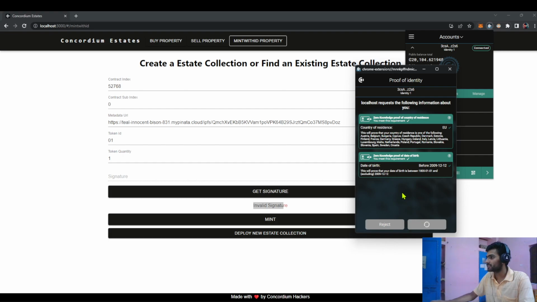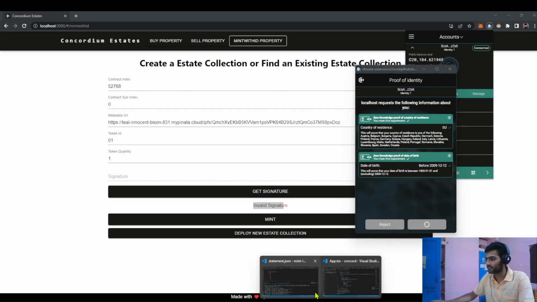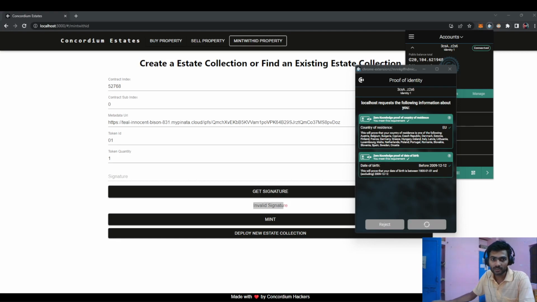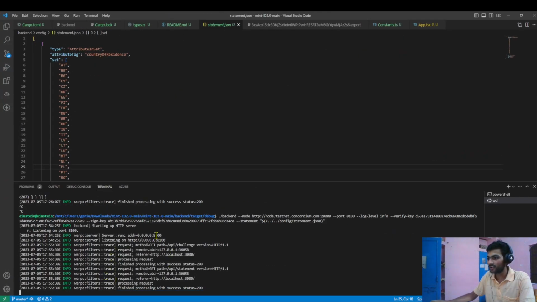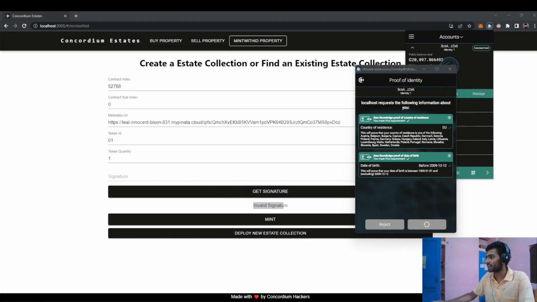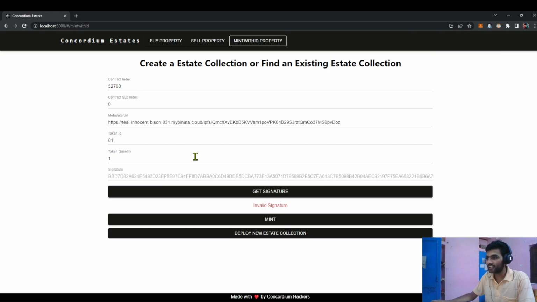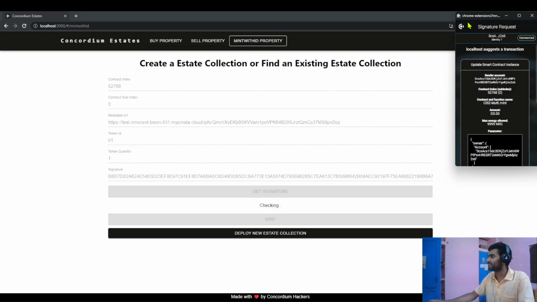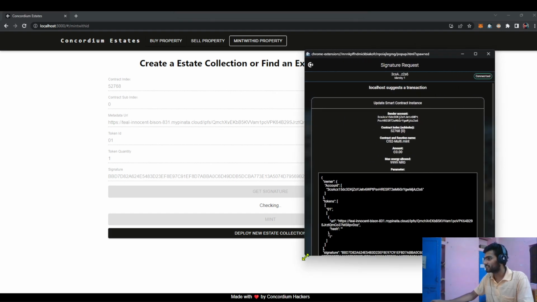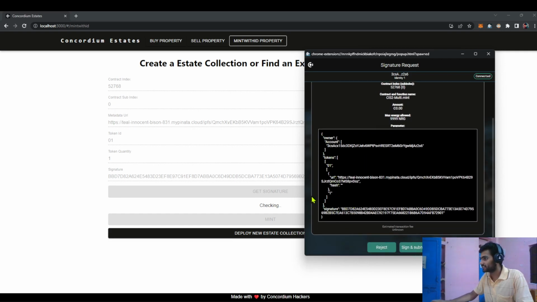When we accept, this is actually calling the verifier, which I would like to show you in a second. The verifier is running here, which throws the challenge through API/challenge. Now the process is going on, and after it is successful, we see that a signature appears here. Now we can call the mint function. Once we call the mint function, the minting would take place. If we see this a little more clearly, this is calling the CIS2 multi mint with the address and the signature also. So if we sign and submit now,